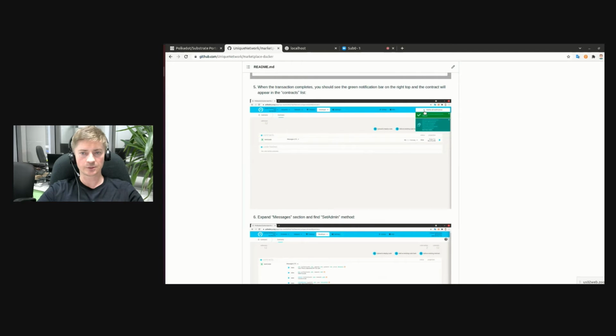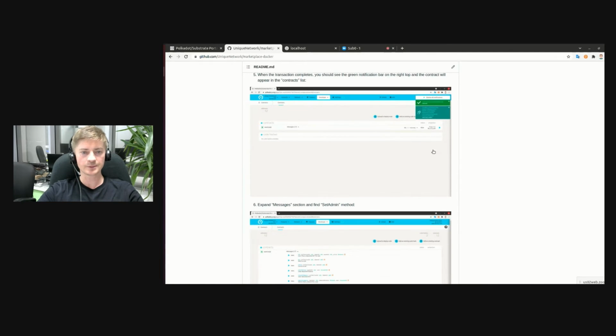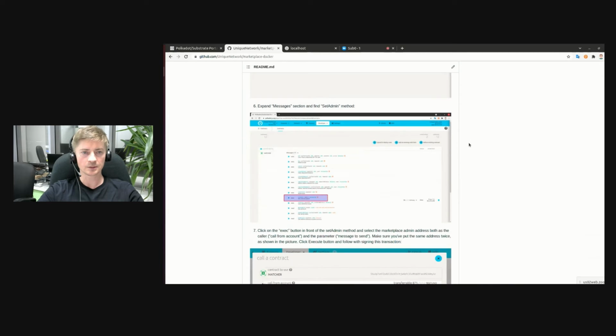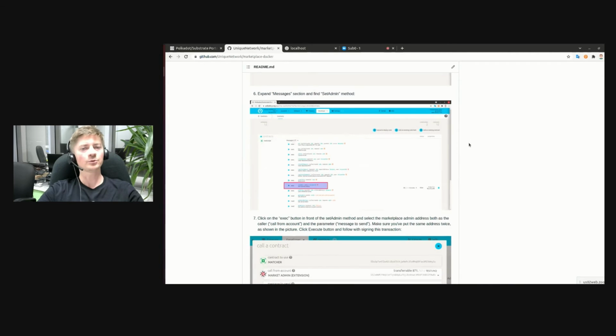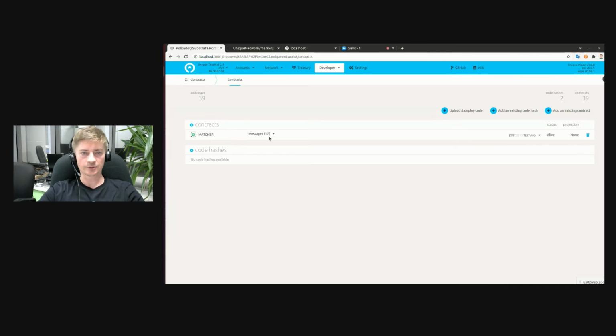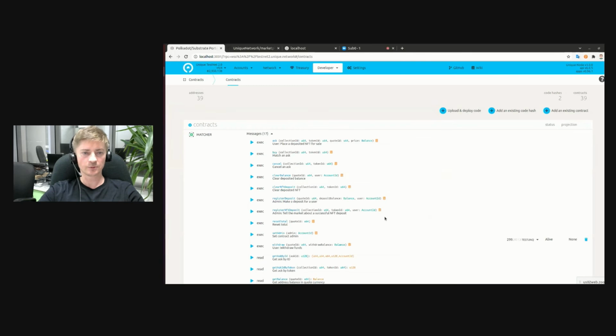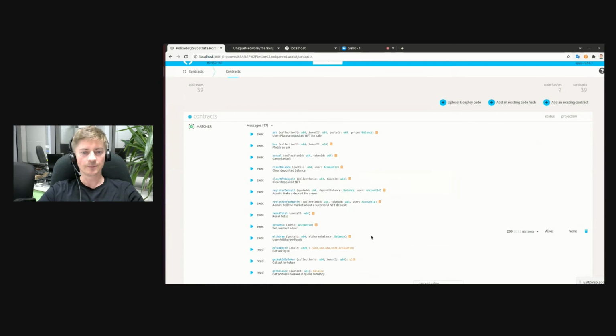When the transaction completes, you see this green bar. We also saw it. Okay, we are through this step. And now what we need to do is set the admin for that smart contract. Why do we separate the owner of a smart contract from the admin? Because technically we know who deployed it, so we could use the deployer address here. But